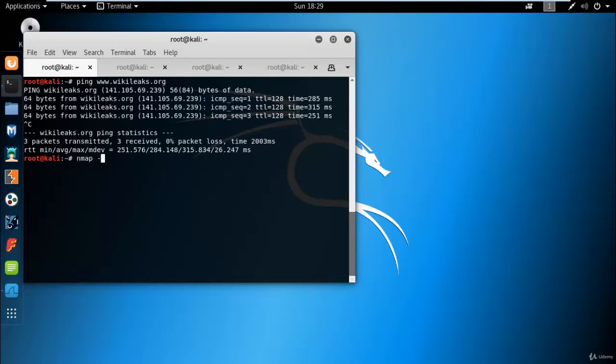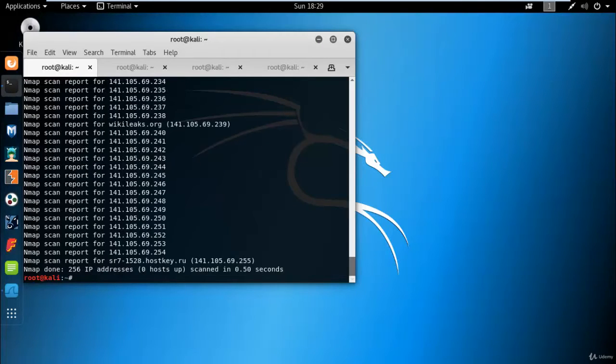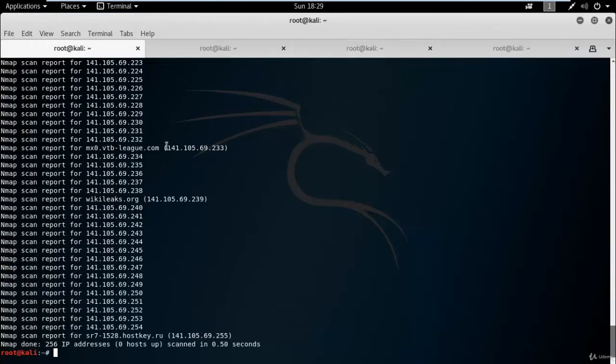So use nmap -sL, capital L for list, and define the target organization's network information. It will scan for all the network, and give -vv for verbose and press enter. It will list all the live IP addresses that are available.